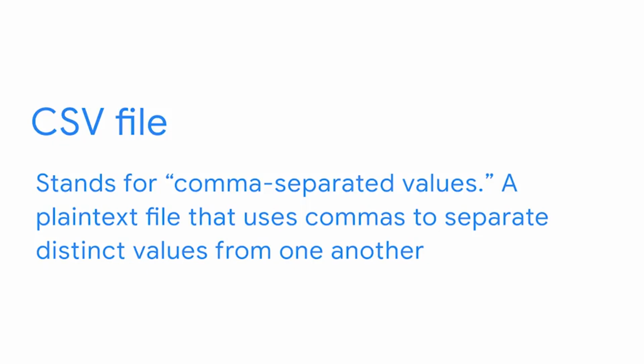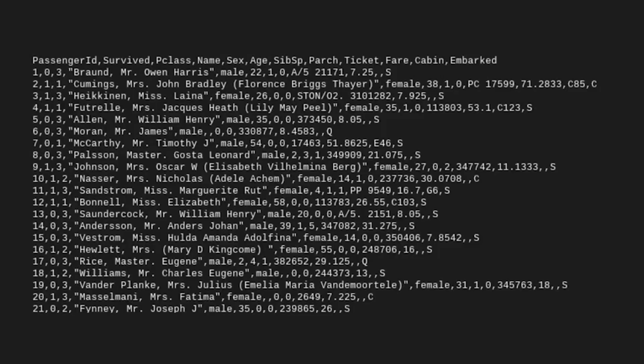Often, data professionals need to be able to create a data frame from existing data that's not written in Python syntax. For example, maybe we want to take an existing spreadsheet and manipulate it in Pandas. Spreadsheets can be saved as CSV files, which can then be read into Pandas as a data frame. CSV stands for comma-separated values, and it refers to a plain text file that uses commas to separate distinct values from one another. Here is a sample of the first few lines of source data from the Titanic dataset